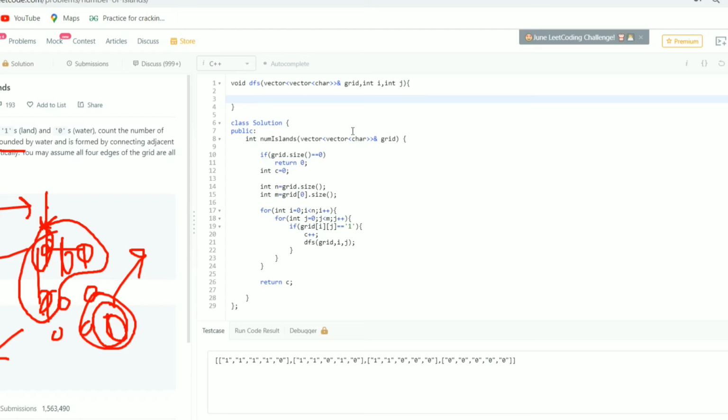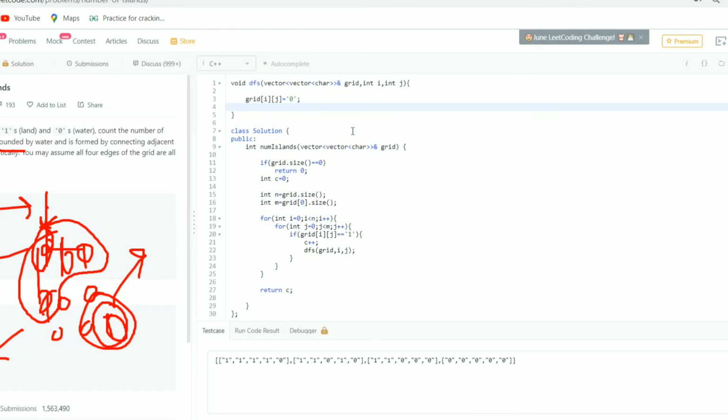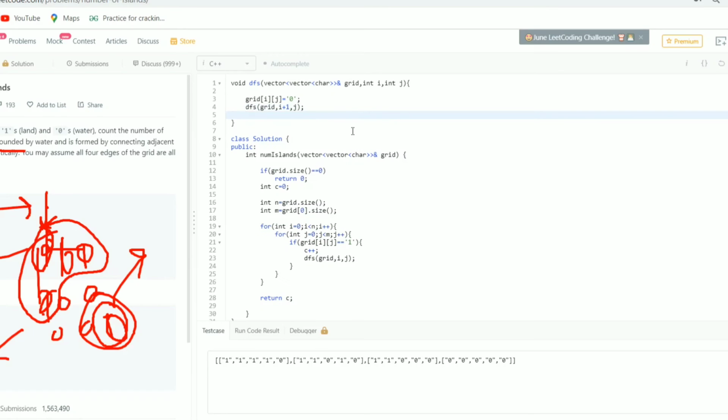What I will do is convert 1 to 0 and start traversing in 4 directions. How am I going to traverse in 4 directions? Simply I'll be using recursion: DFS of grid I plus 1, J, then DFS of grid I comma J plus 1.